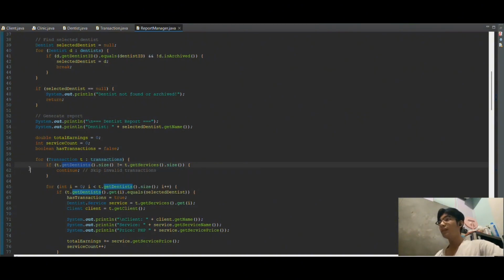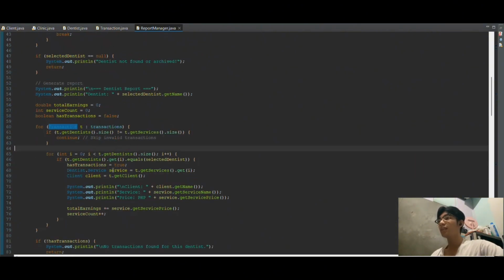So inside this for loop, we have an if t.getDentist, so t for transaction, or it's not t.getService().size. So this skips transactions where the dentist or service counts don't match.